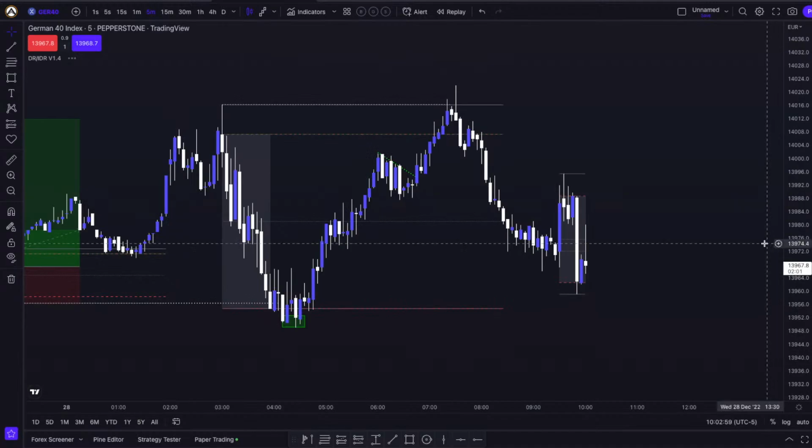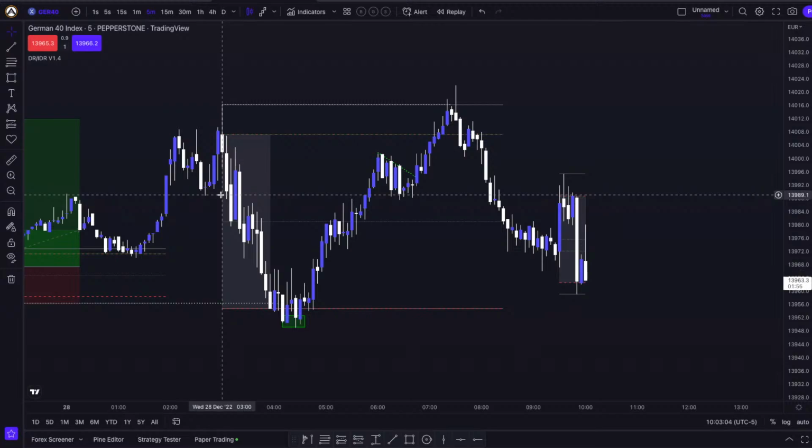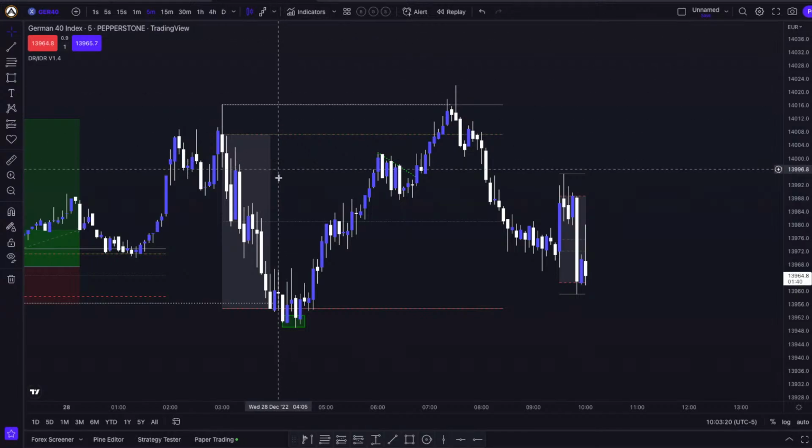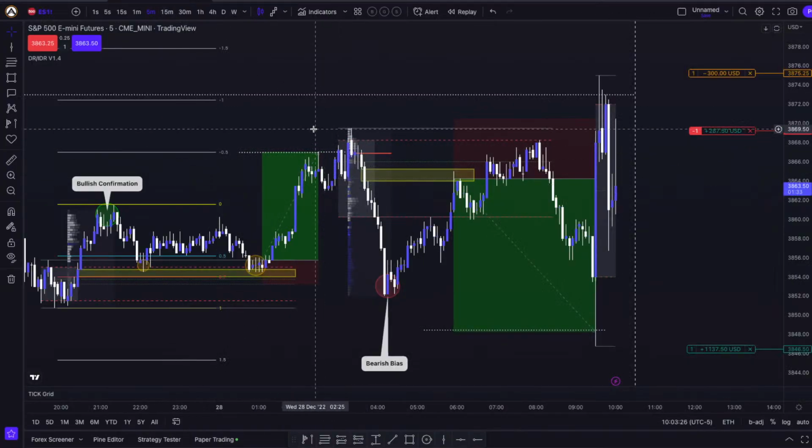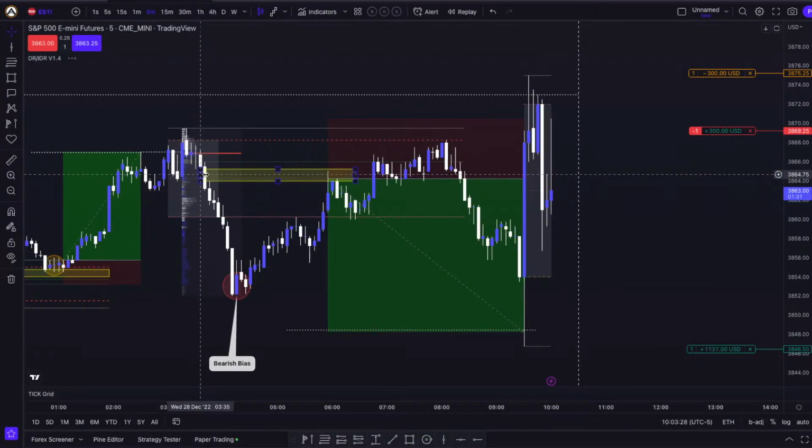If you had been looking for an entry opportunity and picking between multiple charts, let's say for example the German 40, the S&P 500, and maybe GBP USD or USD JPY, I think because the correlation between the S&P 500 and German 40 was so big, between both of those charts I would have certainly picked the S&P 500, with this beautiful fair value gap in the premium array of our 50% move from this massive impulse to the downside